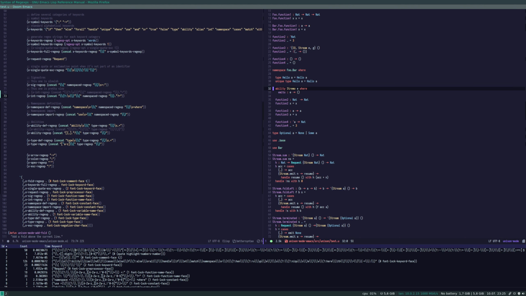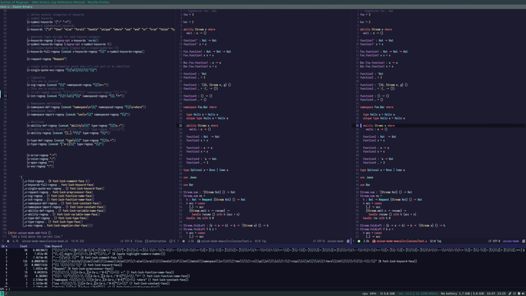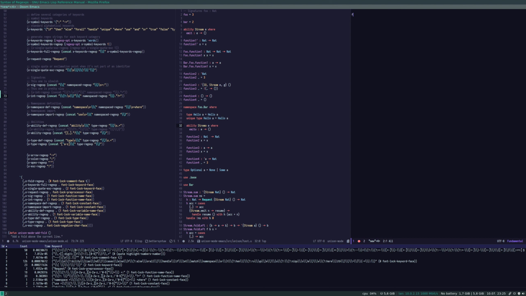Let's see what, let's try stealing PureScript. Foo,